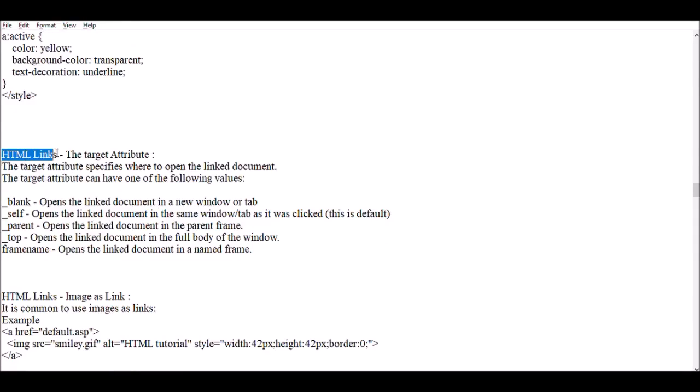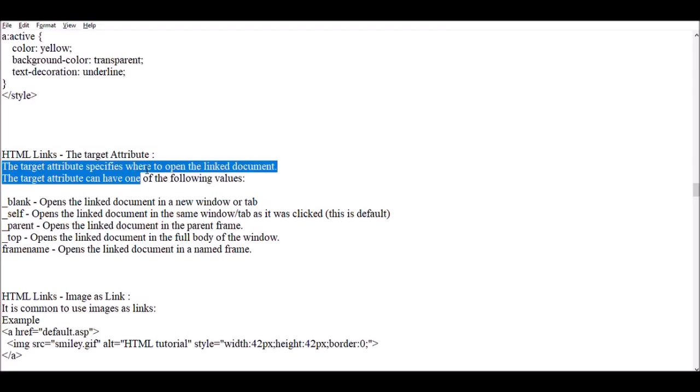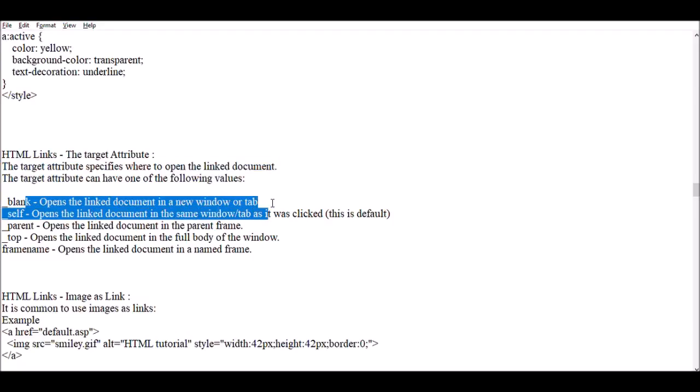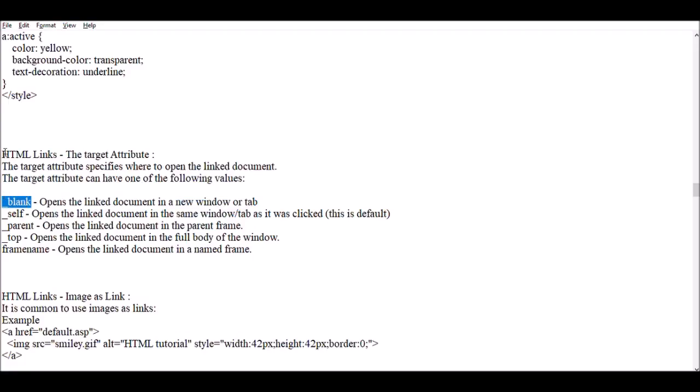Now, an HTML link has a default target called self. The target attribute specifies where to open the linked document, meaning the link you mentioned inside your HTML page. So you are deciding where to open the linked document. If you want to open the linked document in a new window or new tab, you use the attribute value _blank.